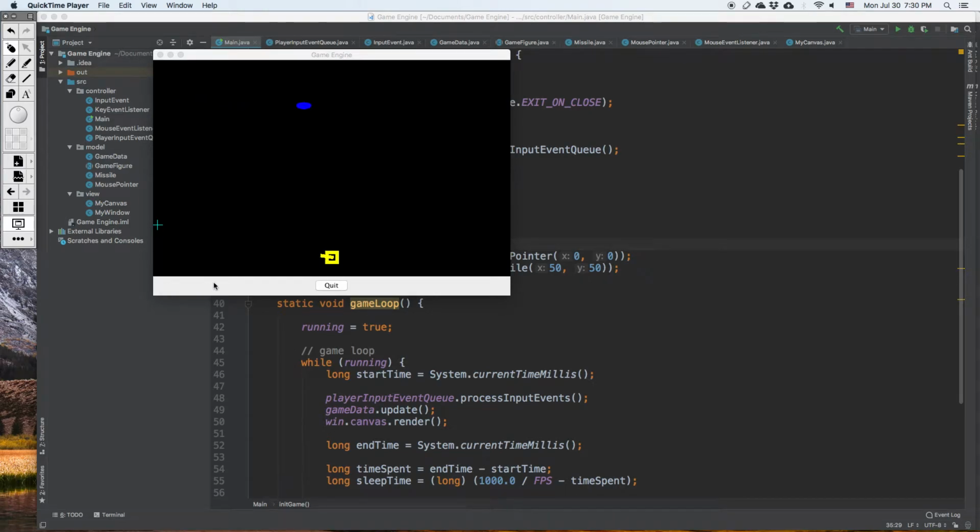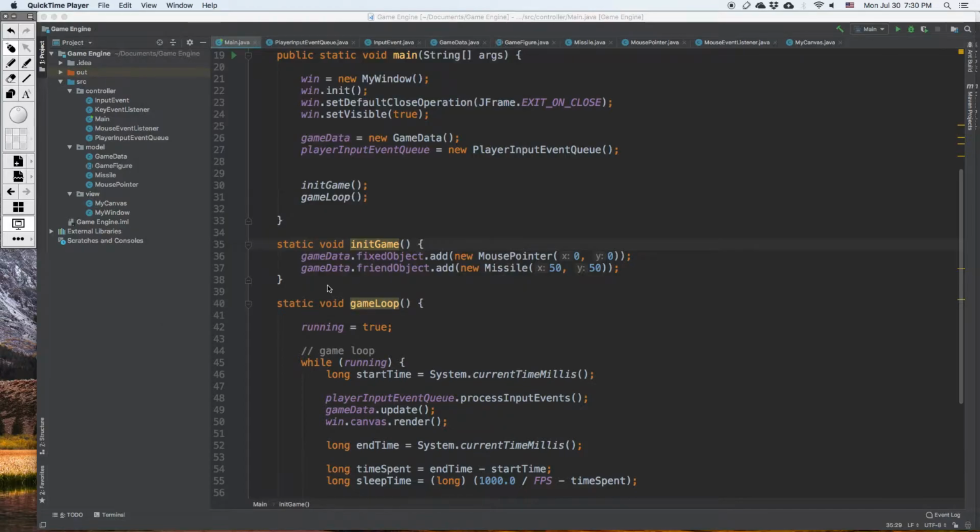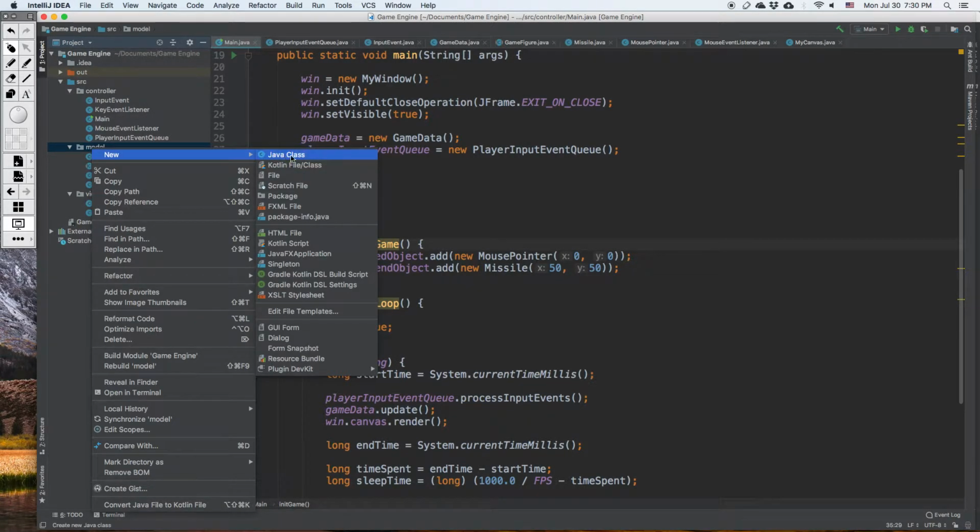Now let's add a shooter in yellow here. You have a square and then a barrel, like a cannon barrel. As you move the mouse pointer, the barrel follows. So let's design this one. So in the model, let's add a